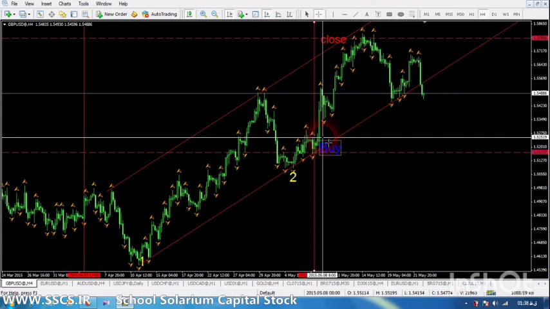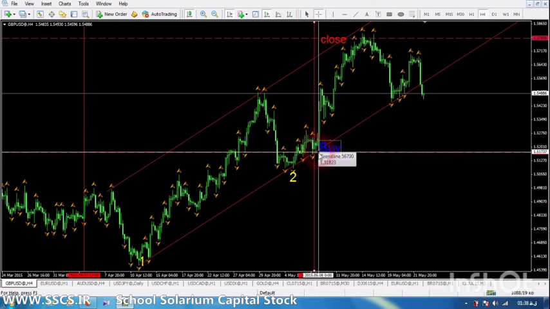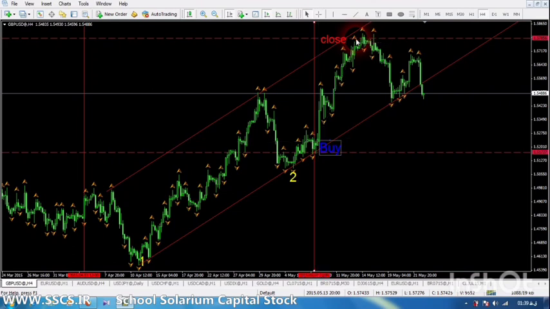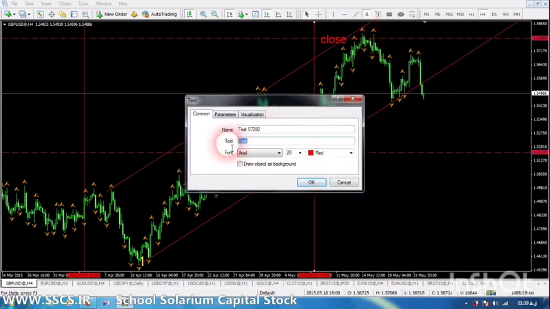It means that I could have started buying here. I could have opened a buy order in this area. And up until here, I could have gained profit around 553 pips. Then I will wait to see if the price touches my trend line and if it goes further than the trend line or not. If it doesn't, and if it gets far away from the upper wall and then it declines,